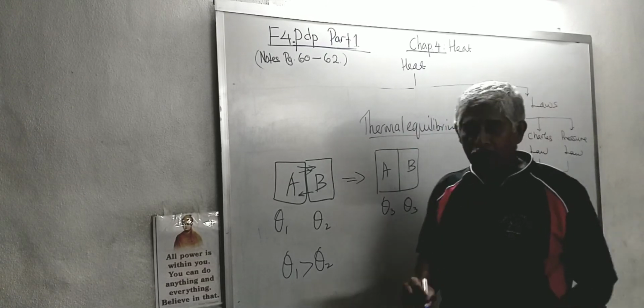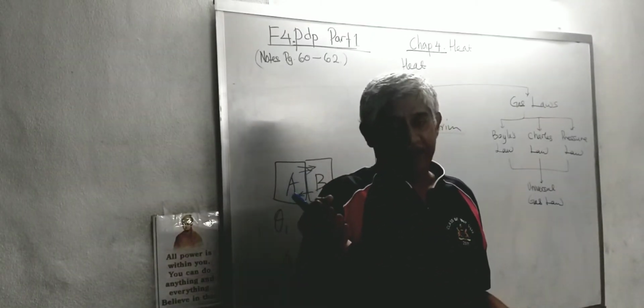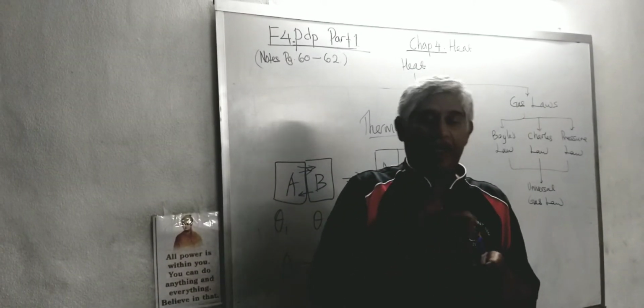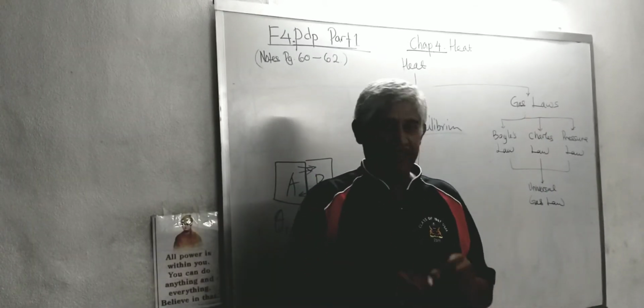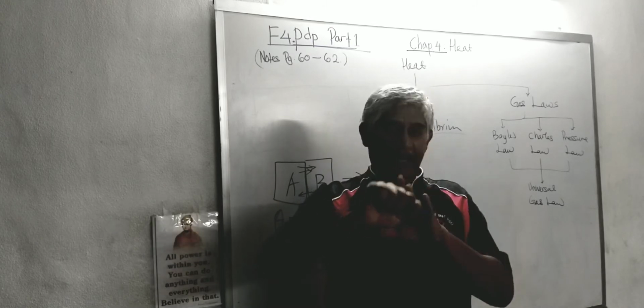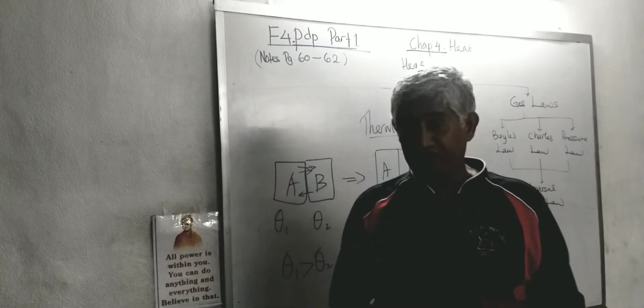It reached a point called thermal equilibrium. That means after some time, after I touch, I don't feel anything already. Okay? That means the marker pen and my body now have reached thermal equilibrium, which means both the temperature of my hand and the marker pen now is the same. Alright, so therefore it reached thermal equilibrium.